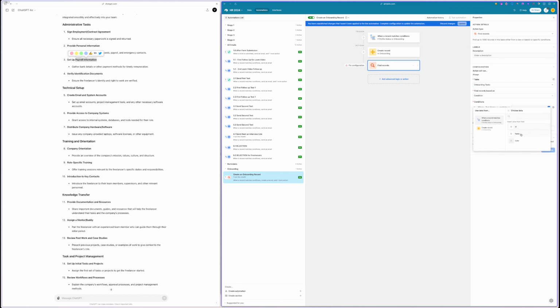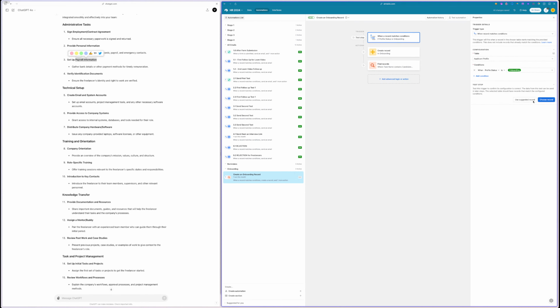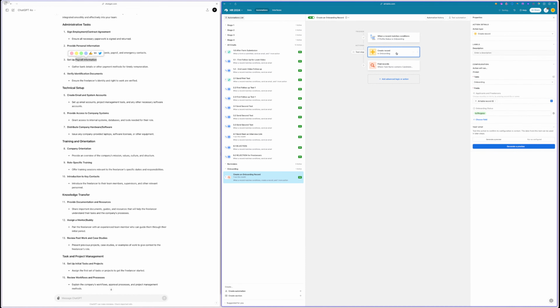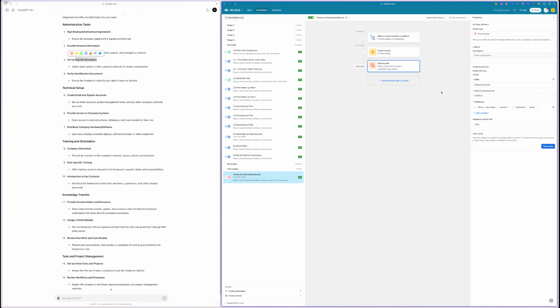condition type. So let's just do a test. Choose record, create record. Okay, and now we are looking. Oh, wait, this is completely wrong. We are looking on our onboarding task for the condition where